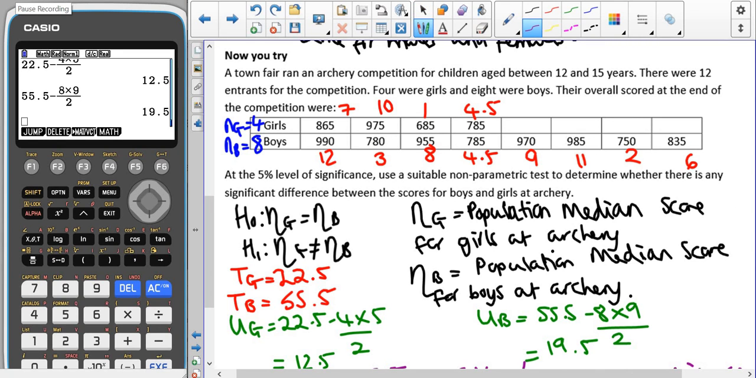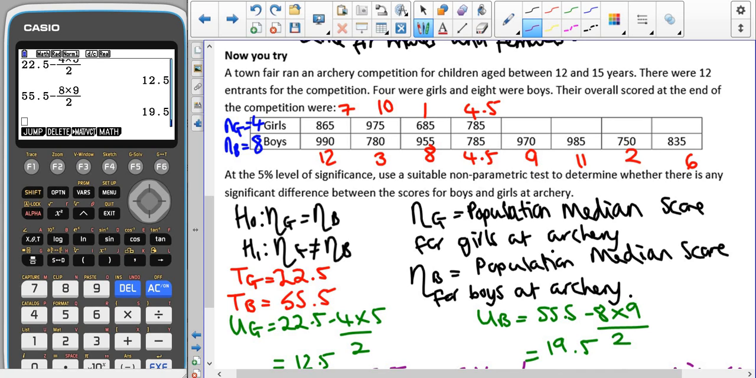So hopefully you paused the video and gave the Now You Try a go. So here we have a town fair and an archery competition for children aged 12 to 15. There were 12 entrants for the competition, 4 were girls and 8 were boys. Their overall scores at the end of the competition were, and we got the table of data there, at 5% significance level, use a suitable non-parametric test to determine whether there is any significant difference between the scores of boys